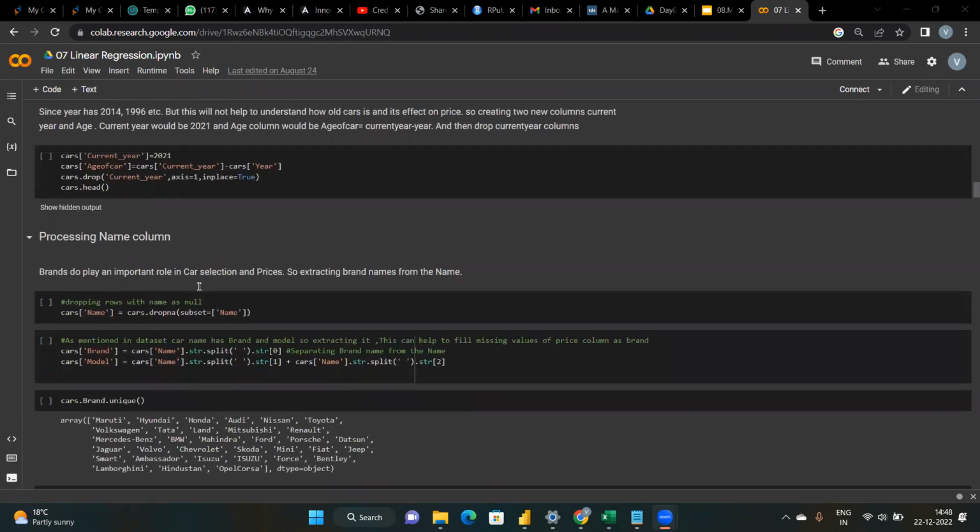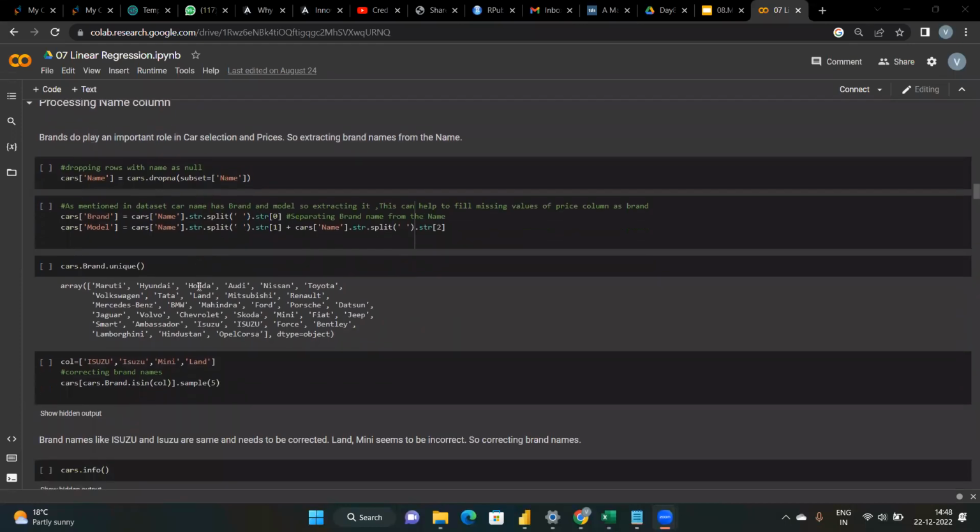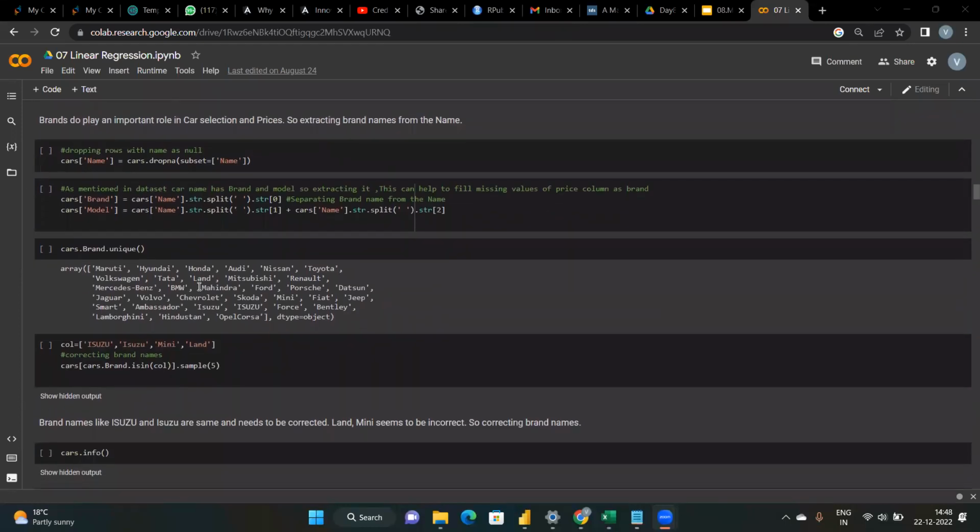So processing the name column. So brands do play an important role in selection on the prices. So extracting brand names from the name, okay, dropping rows with name as null. So as mentioned, the data set car, the brand will find the missing values of price as a brand. Okay. So cars.brand.unique. Okay. So we'll be taking that